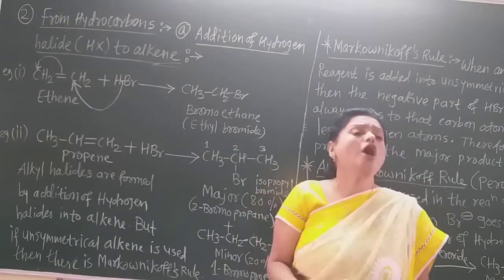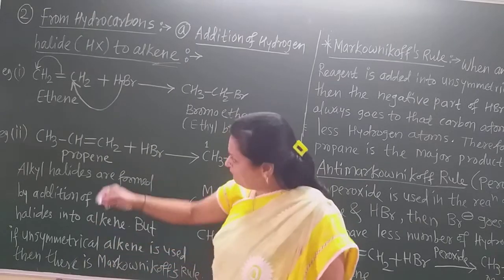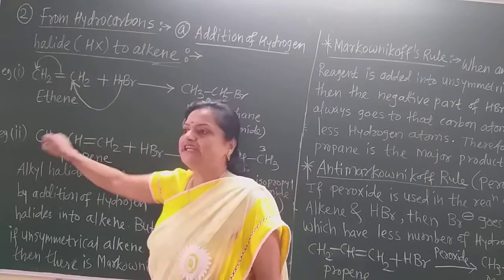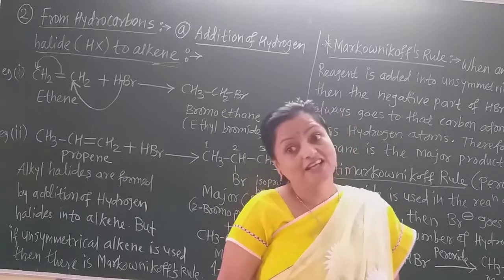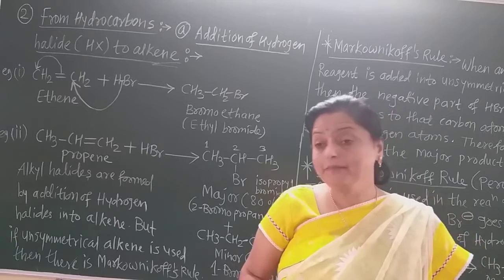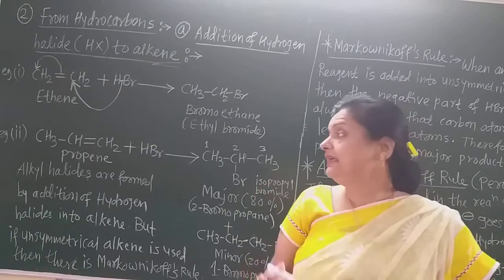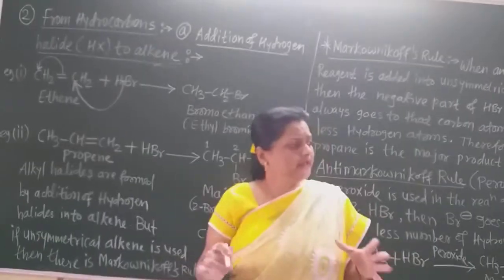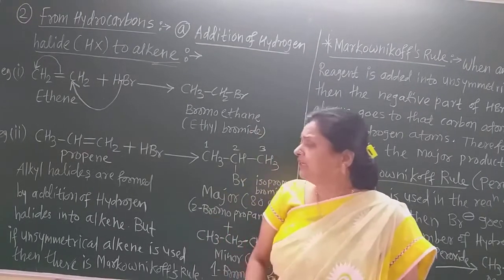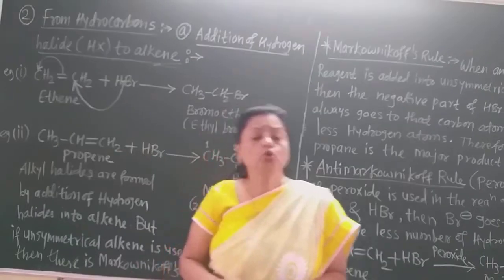Now for the unsymmetrical alkene, what is there? If we draw the symmetrical axis from this double bond, the two parts are not equal. That means this is unsymmetrical. In Marathi, what is symmetrical? Symmetrical means symmetry. In Marathi it is called, I think, samamiti aksha. Such types of words are there. This is the symmetrical axis, samamiti aksha, and there are no two same parts.